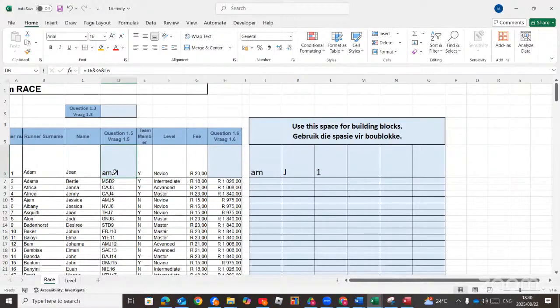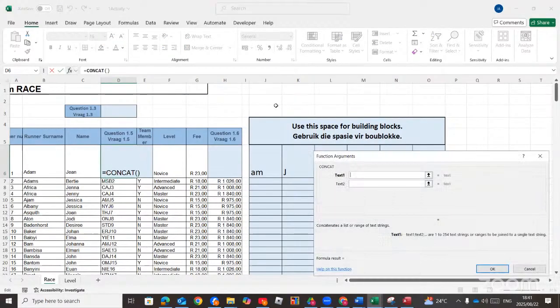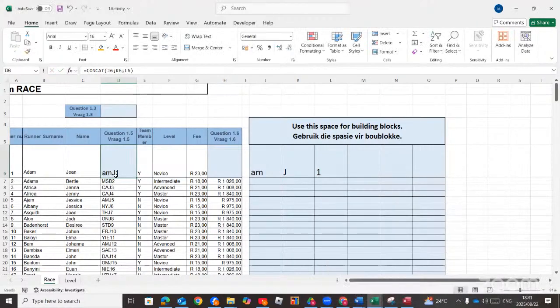We could have achieved this one also by using what we call text join or concat. You can say concat, and then text 1, you click on your first answer. Text 2, you click on your second answer. Text 3, you click on your third answer so that it can be put together. So you can use text join or you can use concat as well. Right. Now let's move straight to